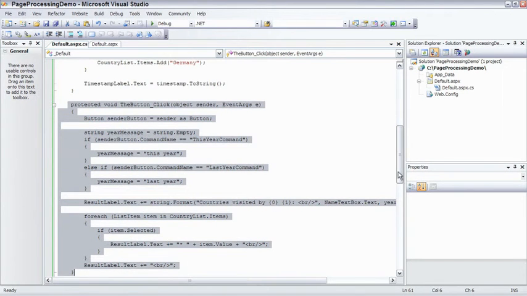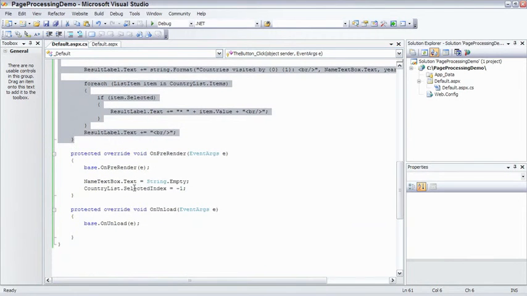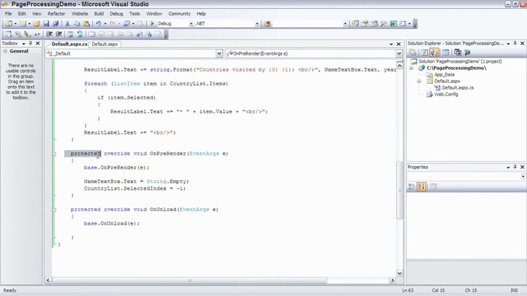And finally, we've seen how to handle some additional events on a page class. We've seen the importance of the pre-render event for tidying up controls just before they're rendered. And we've seen the importance of the on-unload event for discarding objects and data that we no longer need at the end of the web page. Okay, so that's the end of that example. So I'm going to close Visual Studio